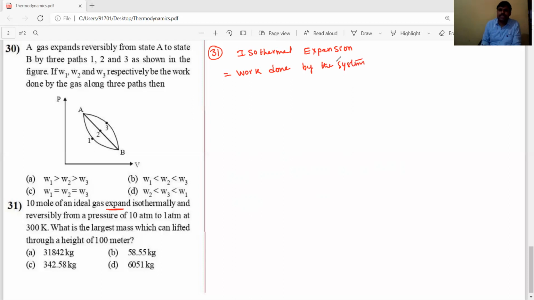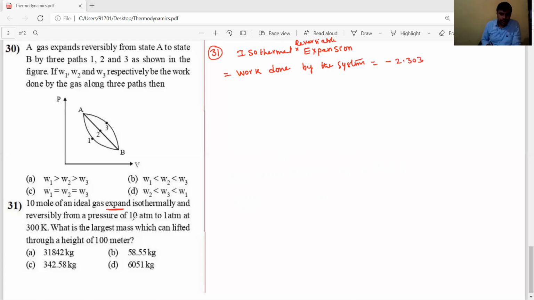The work done by the system in isothermal reversible expansion is given with a negative sign, minus